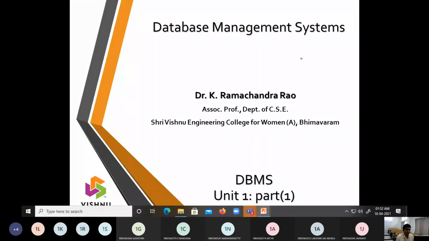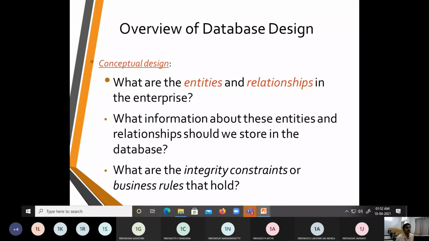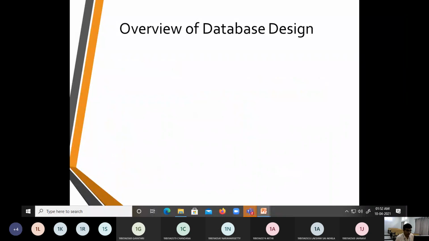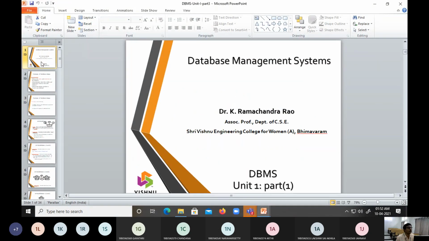So, welcome to the DBMS class. In this class, we will be talking about the entities, the entity relationships, etc. So, in a view ahead,